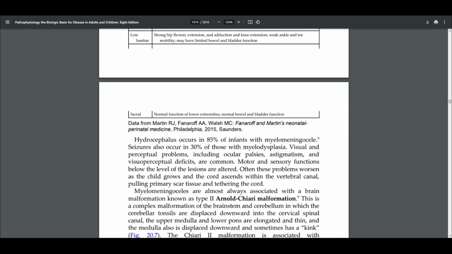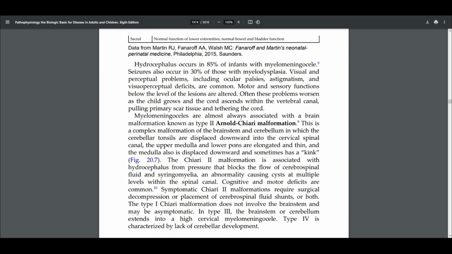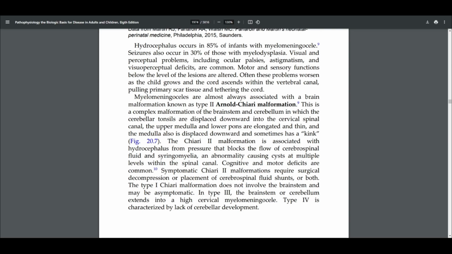Hydrocephalus occurs in about 85% of the infants with your myelomeningocele. Seizures also occur in about 30% of those with myelodysplasia. Visual and perceptual problems, including ocular palsies, astigmatism, and visuoperceptual deficits, are common. Motor and sensory functions below the level of the lesion are altered. Often these problems worsen as the child grows and the cord ascends within the vertebral canal, pulling on primary scar tissue